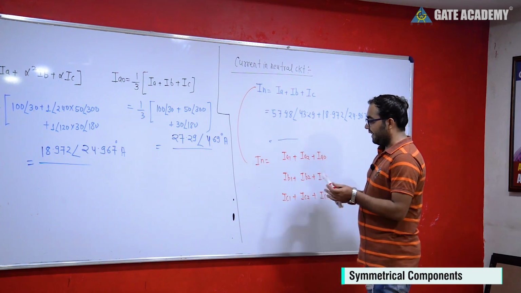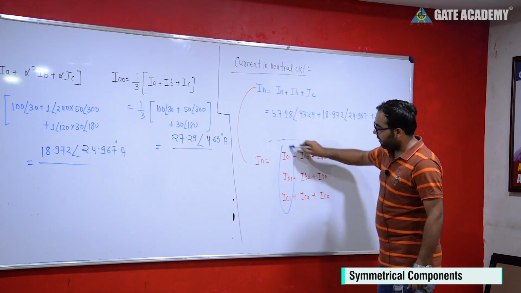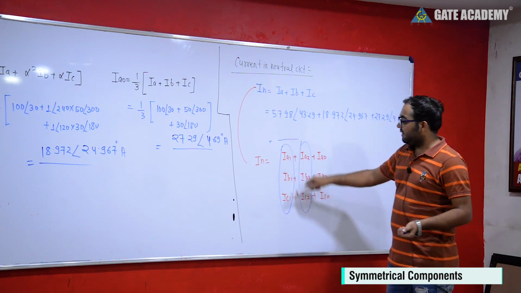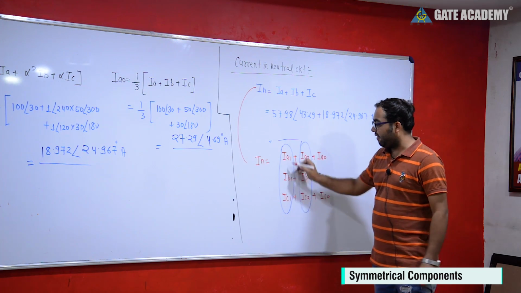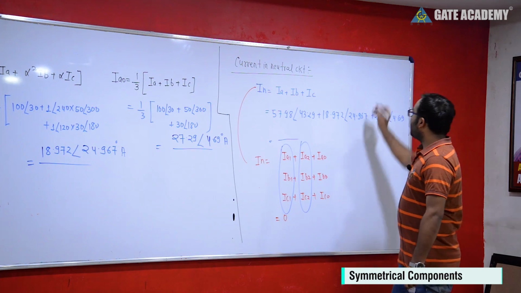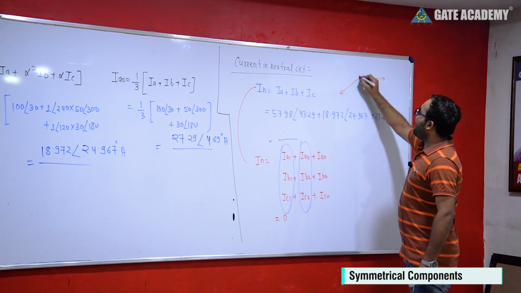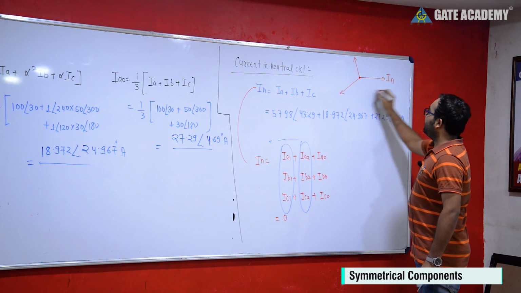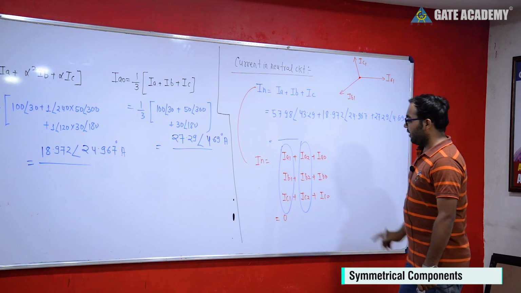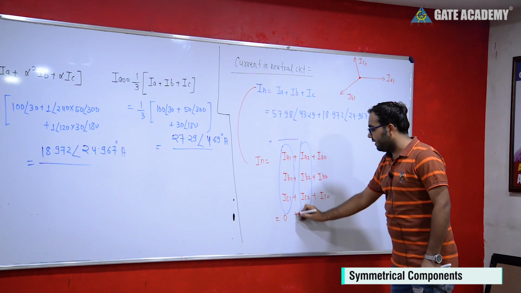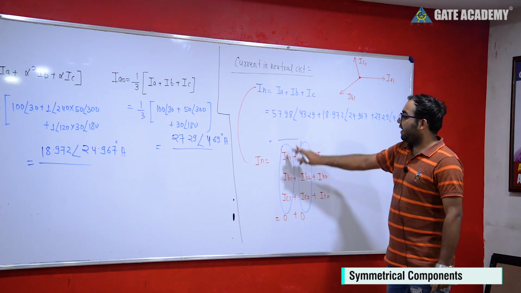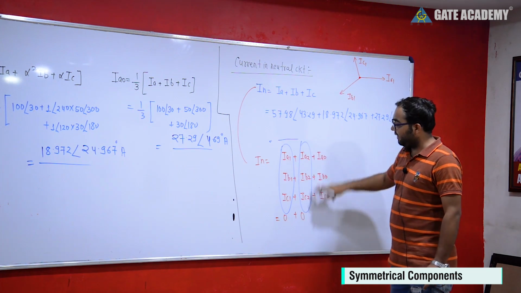Now you can see simply it is the addition of IA1 plus IB1 plus IC1, and the addition of IA2 plus IB2 plus IC2, and we have seen this is a balanced vector. So IA1 plus IB1 plus IC1 will be equal to 0, because this is a balanced set of vectors. This is IA1, this is IB1, this is IC1. When we add these vectors, we will get the 0 value. Similarly, IA2 plus IB2 plus IC2 will also be 0 because it is also balanced. Only the direction of rotation is different from the positive sequence. If it follows ABC, it will follow ACB, but when we add this, we will get 0.